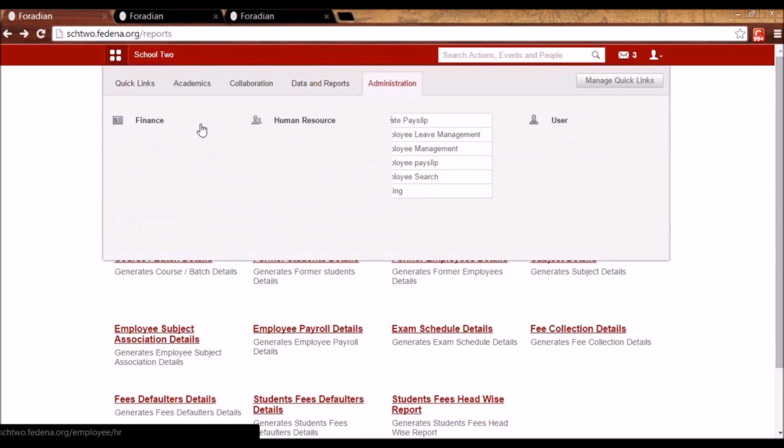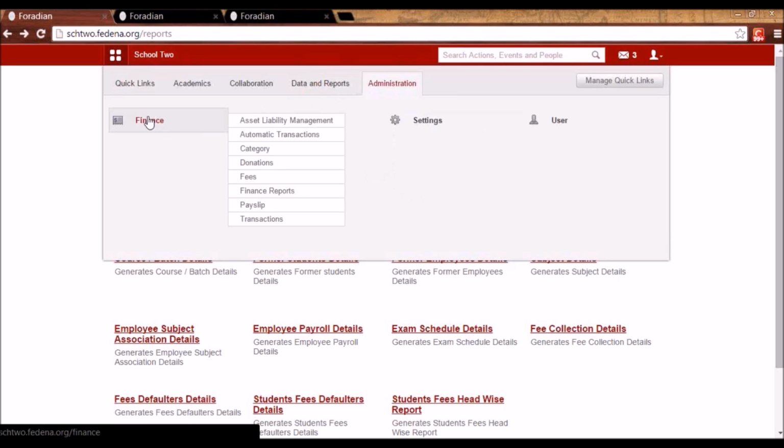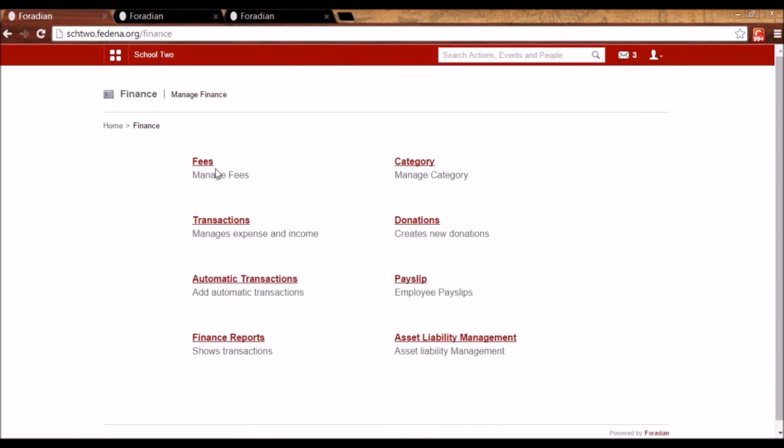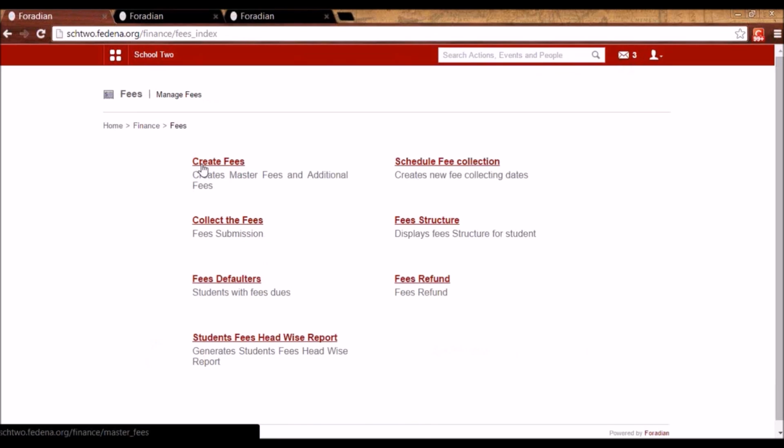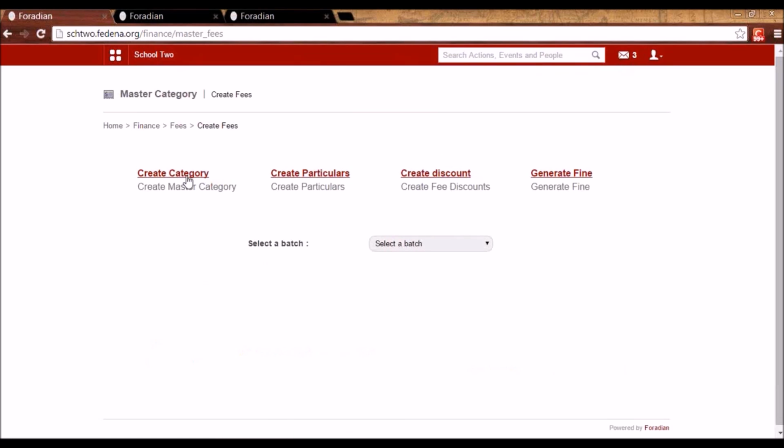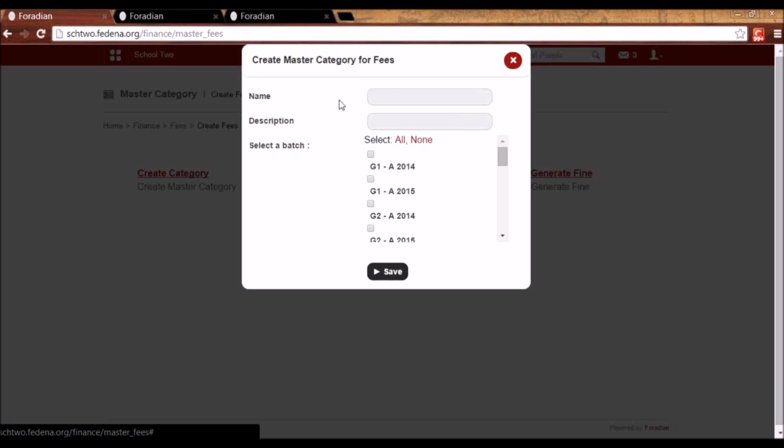And then the last thing that we are yet to do is finance. In finance, first we have to create fees. First we are going to create a template. I'll just give you a scenario. We'll say fees for this batch. That is a category that I'm going to create. For example, I'm going to create fees for